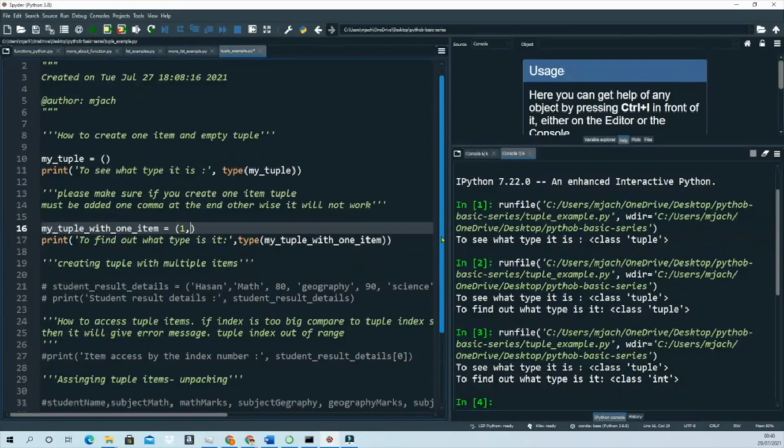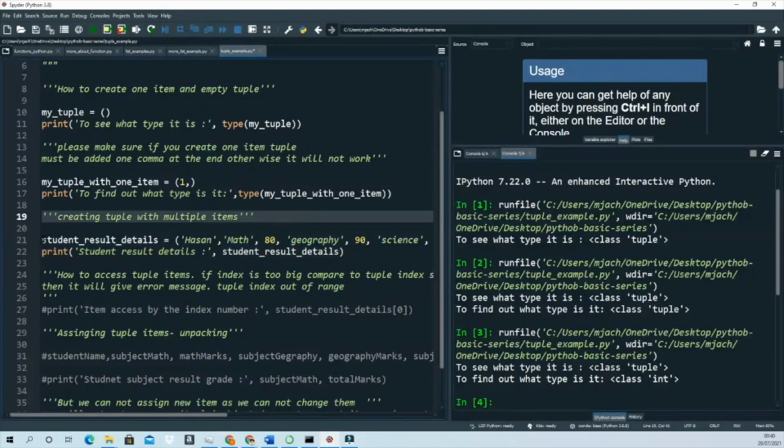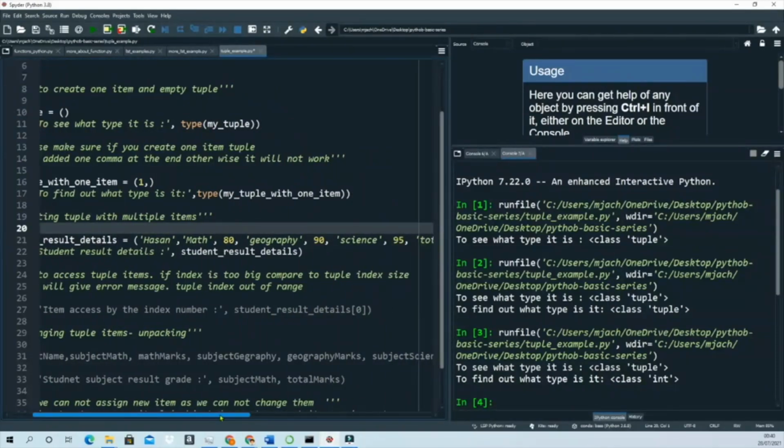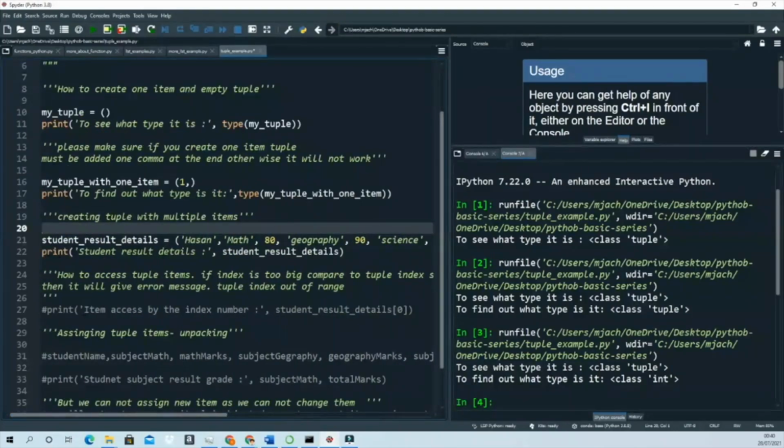And if you want to create multiple items, this is how you can create a tuple with multiple items. There's the name of the tuple, like student result details, and I put the name of the student and the subject math, got the marks 80, geography got 90, and science 95. Total marks got 265. So I just want to print the tuple details, like this is the tuple with multiple items. So you can see if I run this,